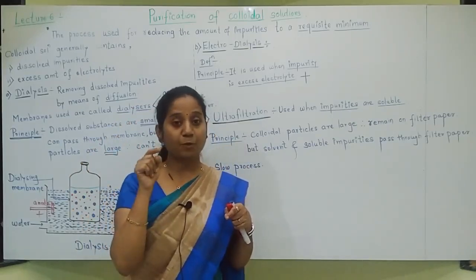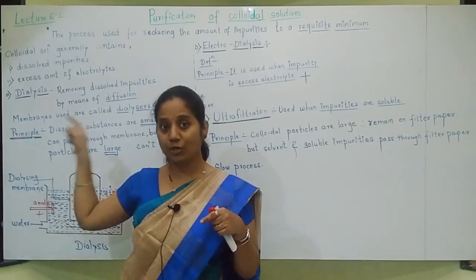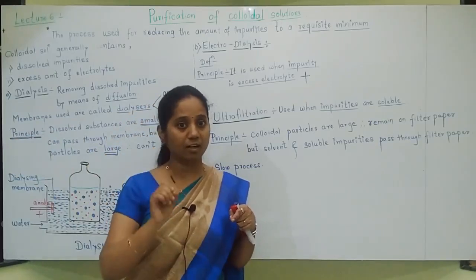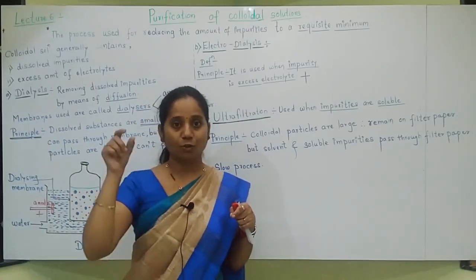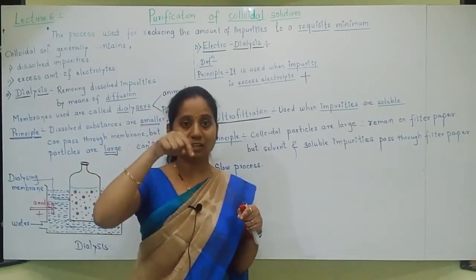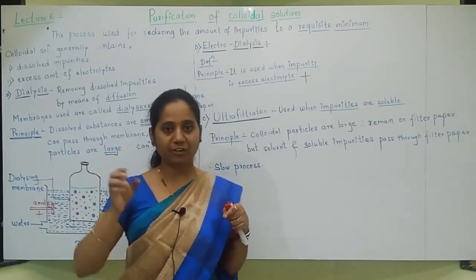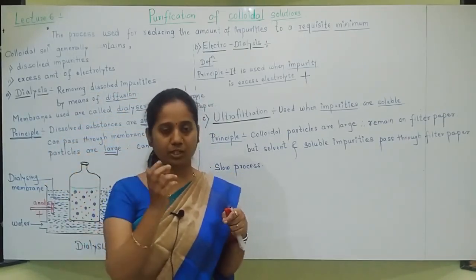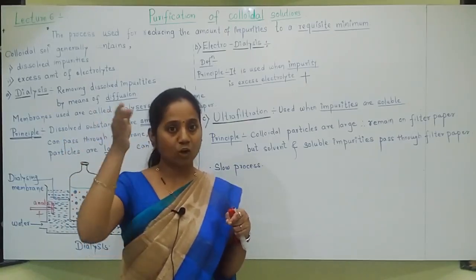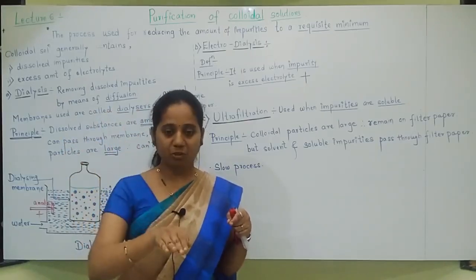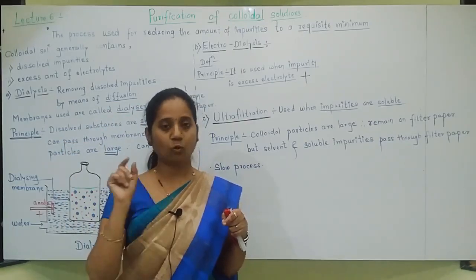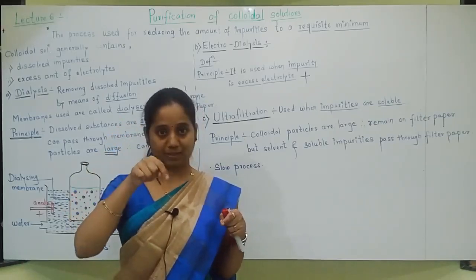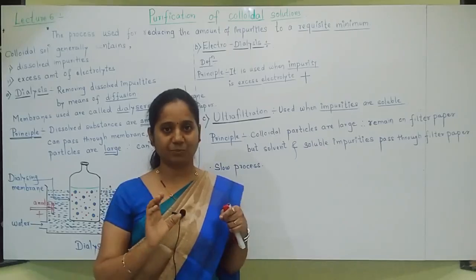Whenever colloidal solution is poured through these ultrafilter papers, of course, who will pass? Now see students, impurities are very small. Just now we have seen it two times. Impurities are of very small size, so they will pass even through ultrafilter paper. But colloidal particles remain on the ultrafilter paper. Understanding ultrafiltration? We pour the colloidal solution and do filtration using ultrafilter paper. Dissolved impurities and dispersion medium will pass through the filter paper, but colloidal particles will remain on it. This is the procedure of ultrafiltration.